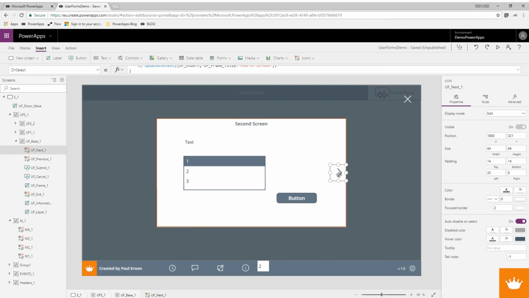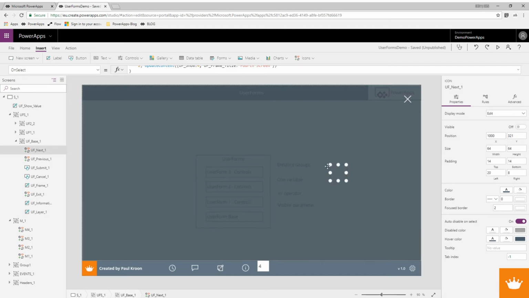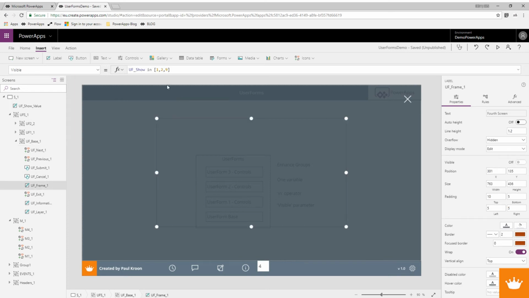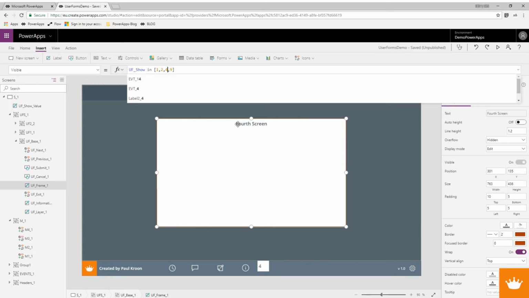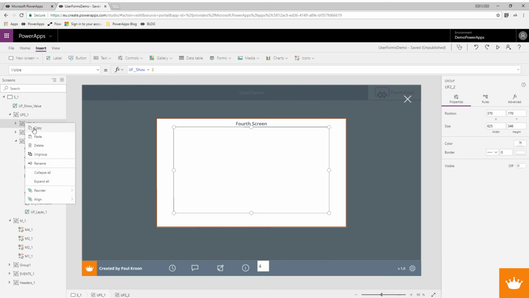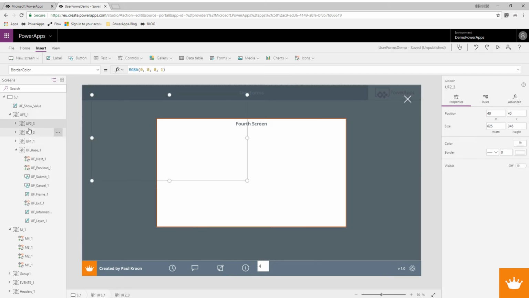So let's click that, and we see everything is gone. So we can go to our frame again, say we want to show our frame at 4. We see our title, 4th screen. We could have a copy paste, so a new user screen here,